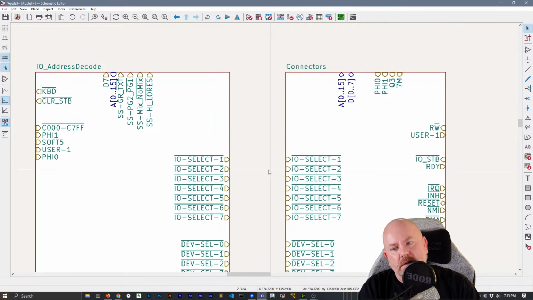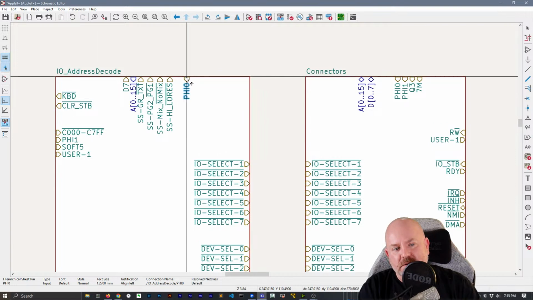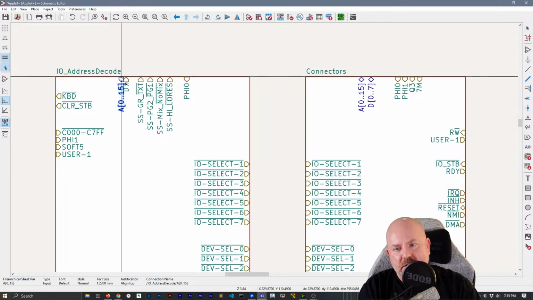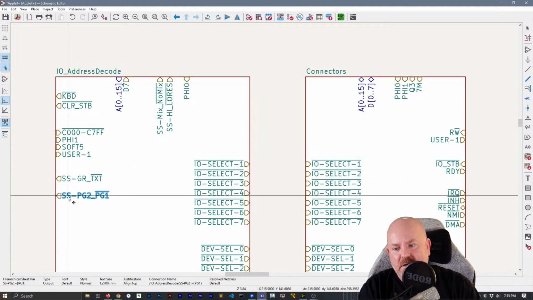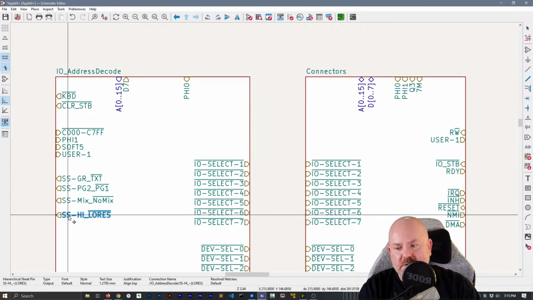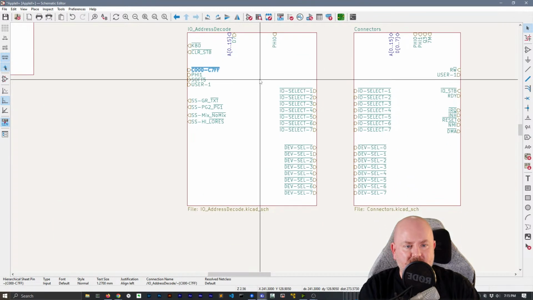Address data. What I've done in the past in other designs is I usually put clocks up on the top, and then address and data may end up on the side. So these signals, I'm thinking, must be the graphics mode, so this probably has to go over to graphics somewhere. This, I think, should have been somewhere else. C00 to C7FF, that enables the expansion ROM. Or is that